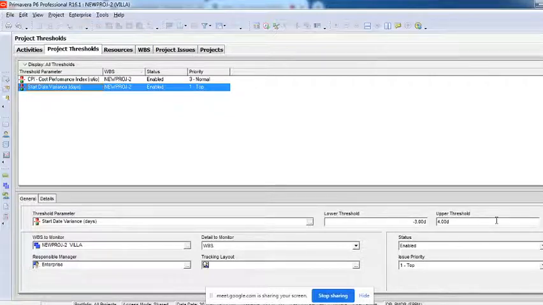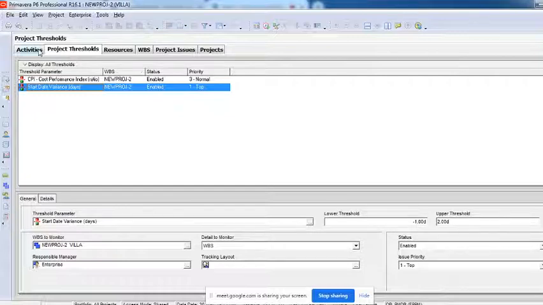Understand? You can create a parameter and tell what is an issue. This is not something default; we have just given some numbers. Say I put -1, meaning starting 1 day early is also an issue. Delaying the activity by 2 days is also an issue. Anything below this and after this is an issue. It's a lower parameter and an upper parameter.